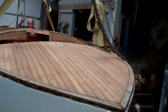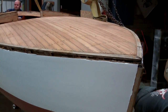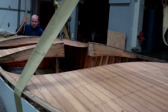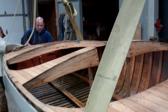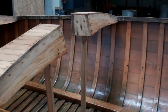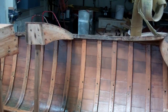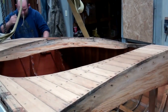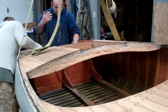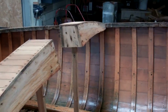As you can see, we've pretty much completed stripping her decks. But the best part is that while she was upside down, the guys stripped, sanded, sealed, and have applied